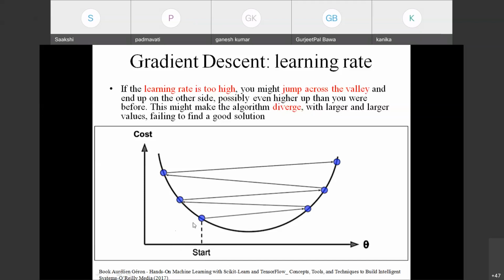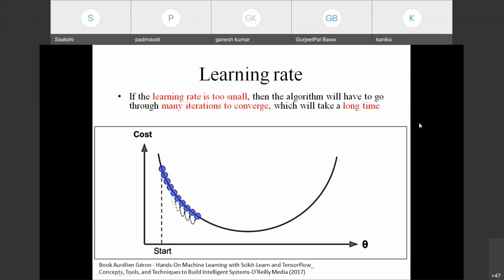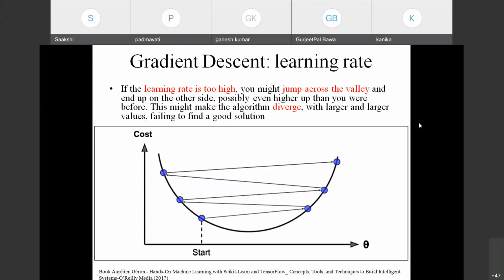So the concept here is that when my learning rate is too high, it will try to diverge instead of converge to the global minima. Hence my learning rate should not be too low either. If we assume too low a value, we have seen the disadvantage: we are definitely going to converge, but the convergence time will be very high. But when you take the learning rate as too high, instead of converging, we start getting the divergence effect.